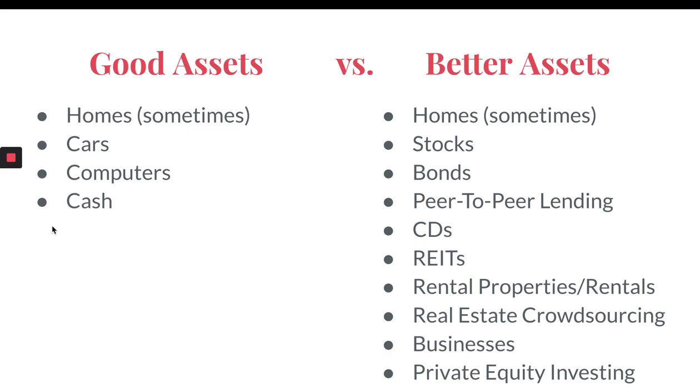REITs. REITs are my favorite. Real estate investment trusts. Let's talk about REITs for a second because I'm in love with them. With rental properties and rentals, I myself kind of don't even want a rental property. I almost just want a REIT. The reason is that REITs have a higher return than stocks. On average, it's about 12% before inflation, so that could be 10% after inflation, using our numbers consistently.